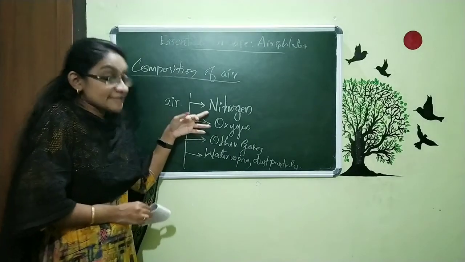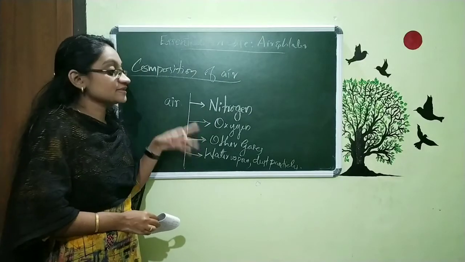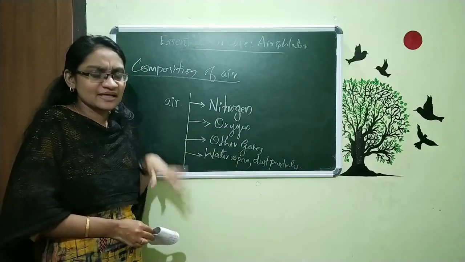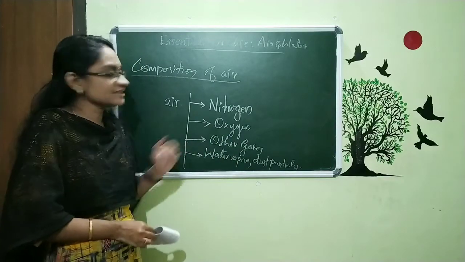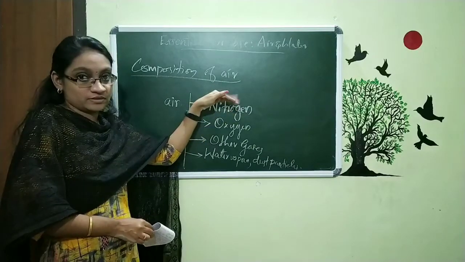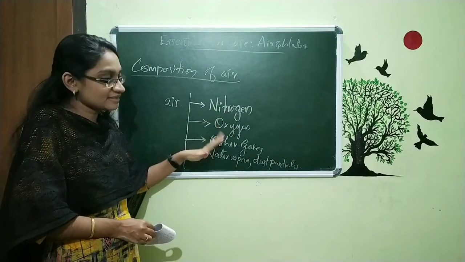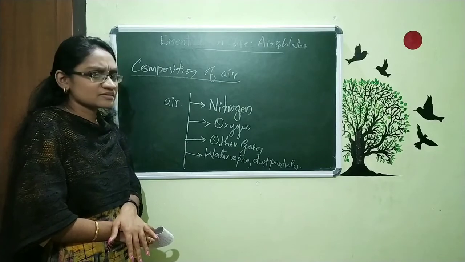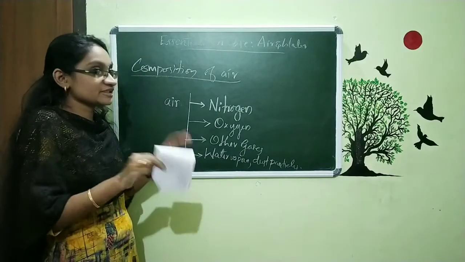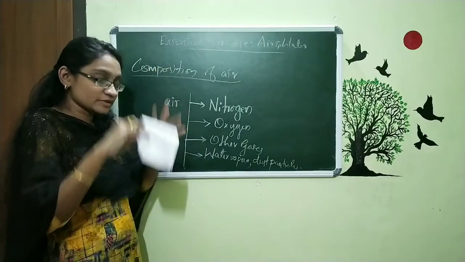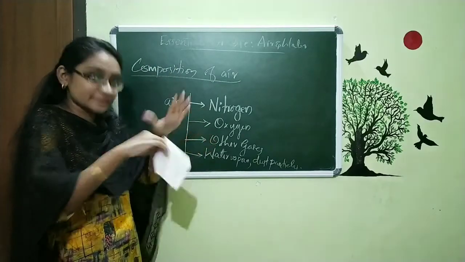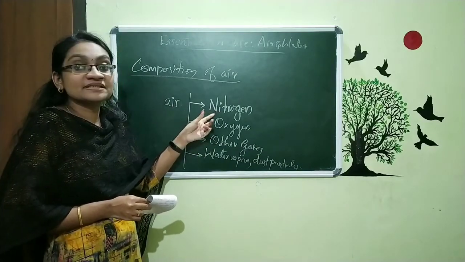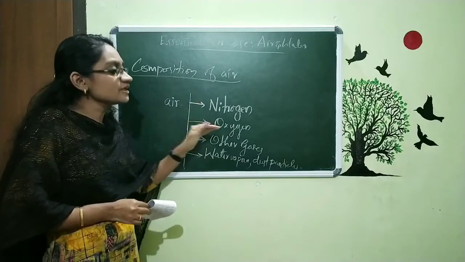So, we can say nitrogen is there, oxygen is there, some other types of gases are there, and water vapor and also some dust particles are present. Now you can see that here nitrogen is at the top, then oxygen next, and other gases I included third. Why did I write it like this? The thing is this, within our atmosphere, not all the layers, I am talking about the first layer that's near to our earth, the higher quantity present is nitrogen, and then only the oxygen will come.